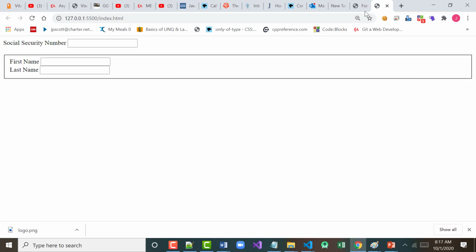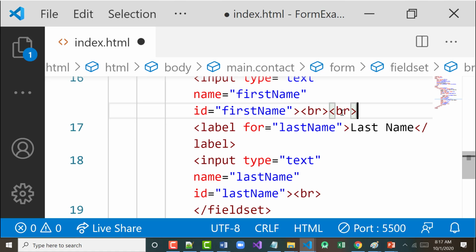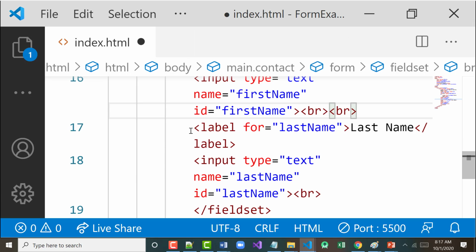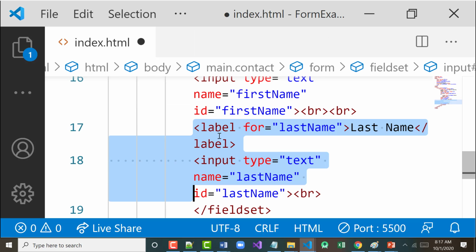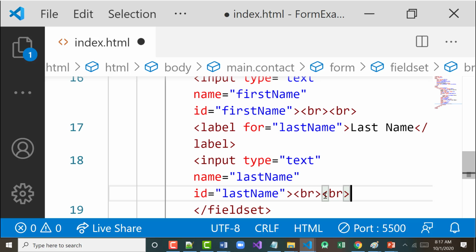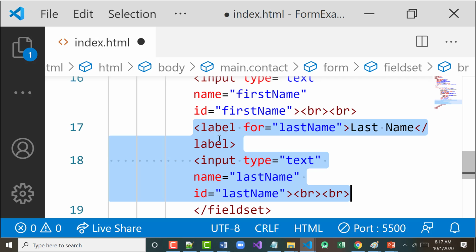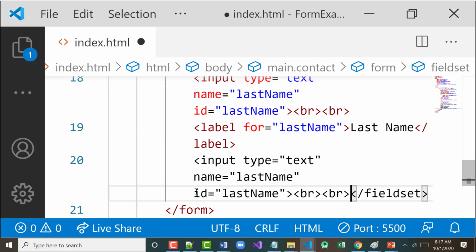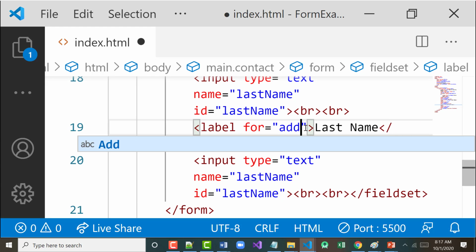So let's pretty this up just a little bit. After the first name, I'll make that 2 line breaks. Now, again, there's a lot of ways we could format this stuff, but I'm just trying to keep it as simple as possible. So what I'm going to do here is right underneath where I am, I'm going to put in address. So label, address,